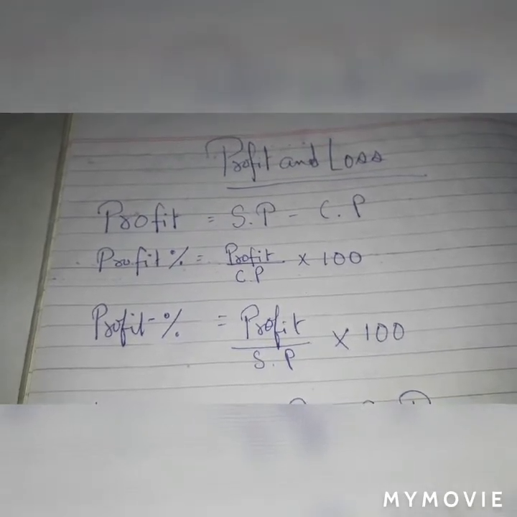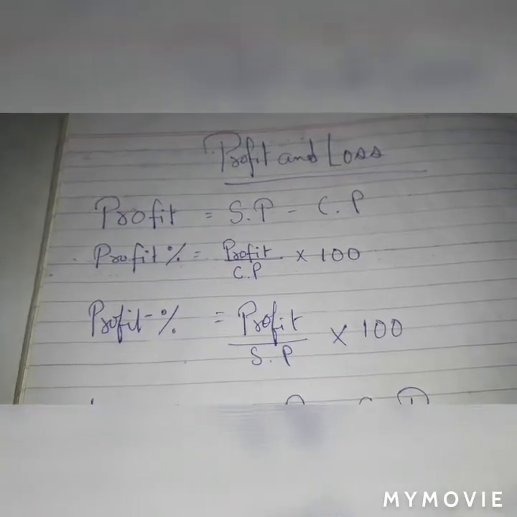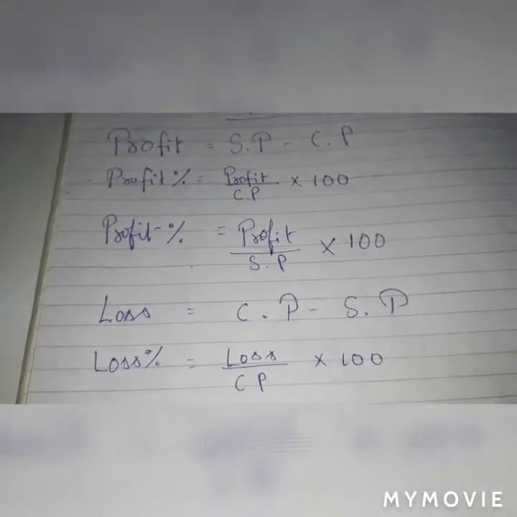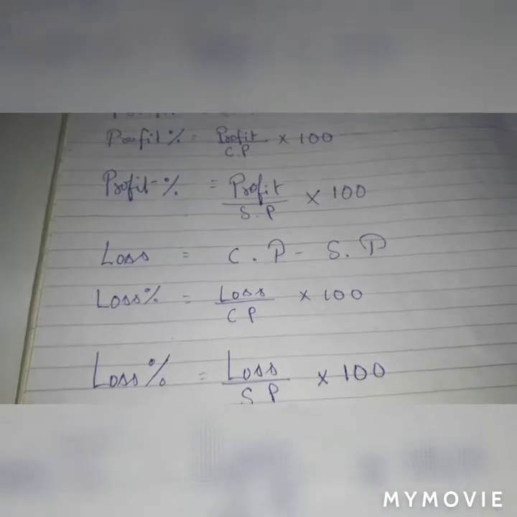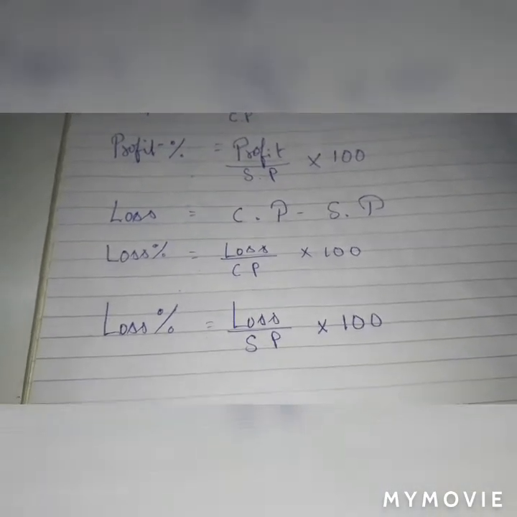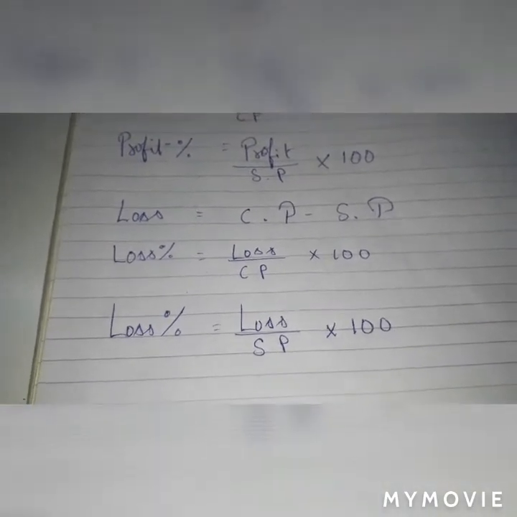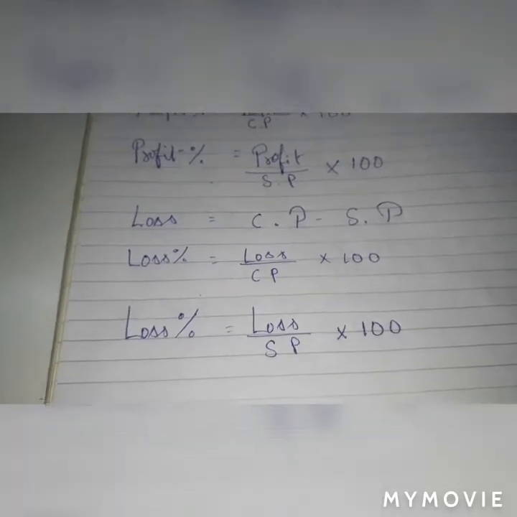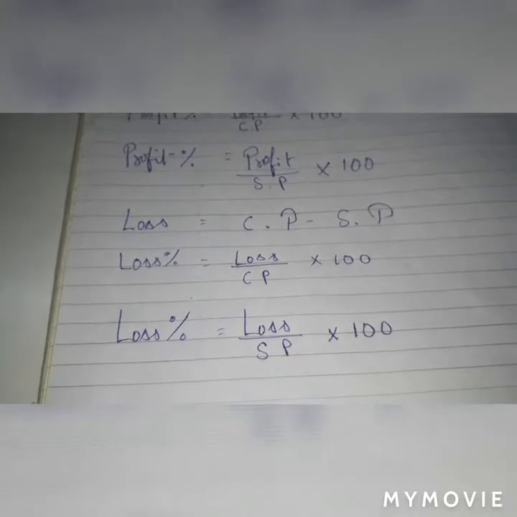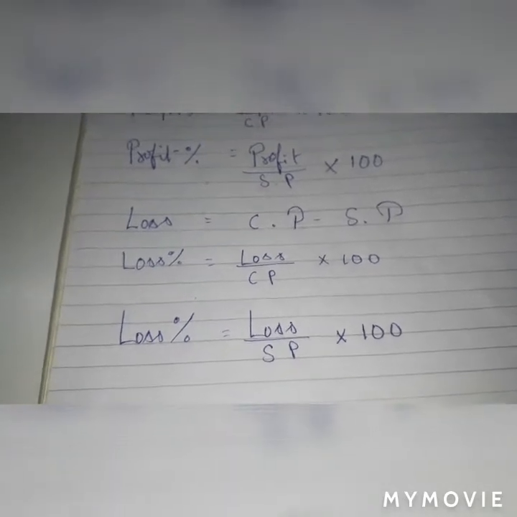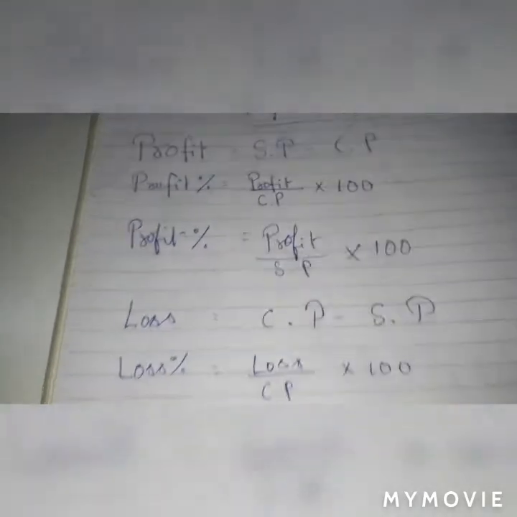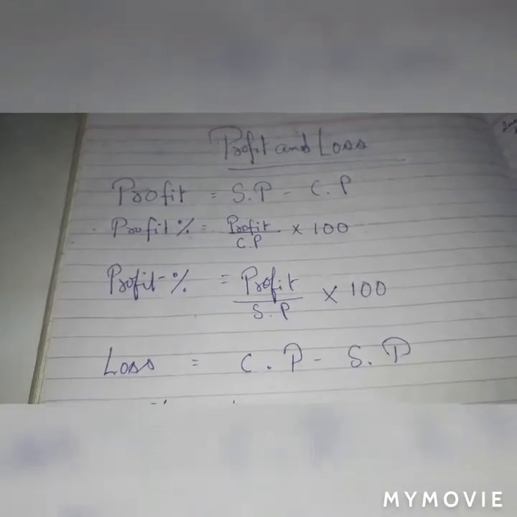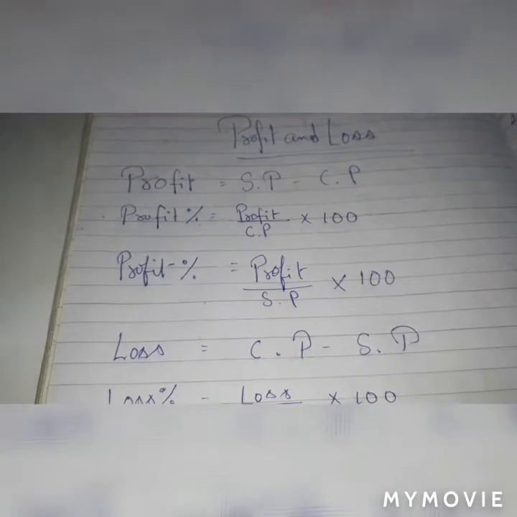First of all, I am going to teach you that when the selling price of an article is greater than its cost price, in that case profit is obtained by the businessman. And when the cost price of the good is higher than the selling price, in that case a situation of loss occurs. Profit and loss are an integral part of business. Without these things a business cannot run. And these are the basic formulas.